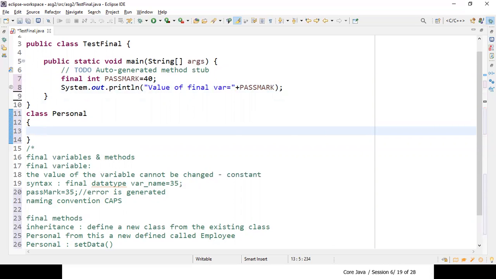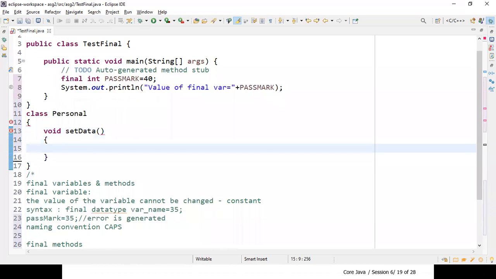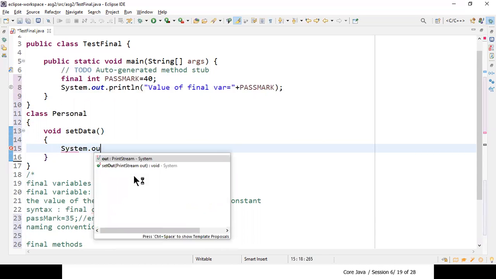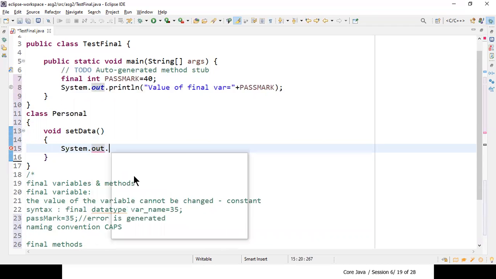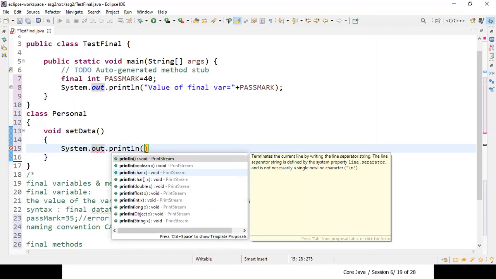I'll write this simple setData method. Remember, I'm not writing the full example, just the highlights. In this one I'll write System.out.println.